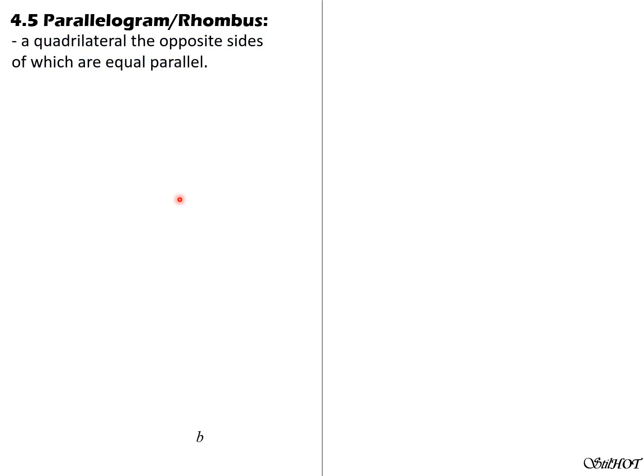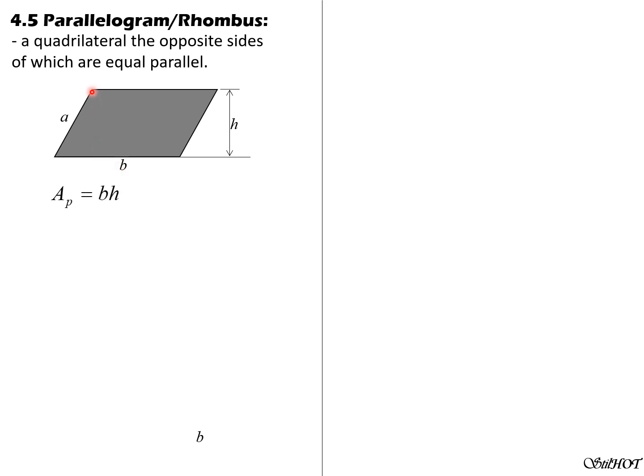So we then proceed to parallelogram and rhombus. A parallelogram is a quadrilateral, the opposite sides of which are equal and parallel. So recall the area of a quadrilateral, so let's have the long diagonal and the short diagonal in the figure. That's the height h. The area is just bh. If we drop a vertical here, this triangle here, then fill in this part, then it is a rectangle. The area of rectangle is bh. So true for parallelogram.